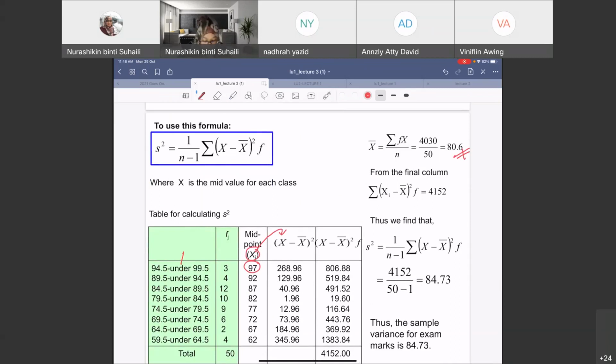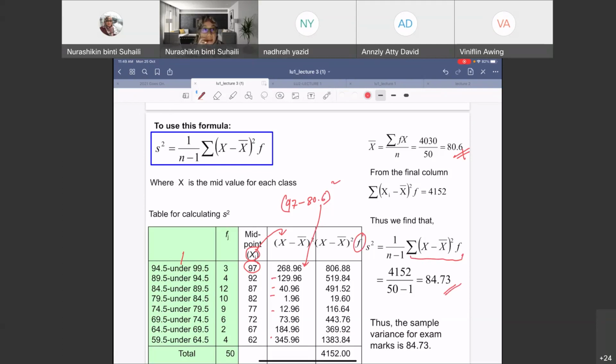And then, for example, 97 minus 80.6 squared, that will give you this value. And you have to find it for each of these, because you need to add up everything to form this term, right? Because you have to multiply with f for this one. And then that will give you the values for the term inside this formula in order to find the s